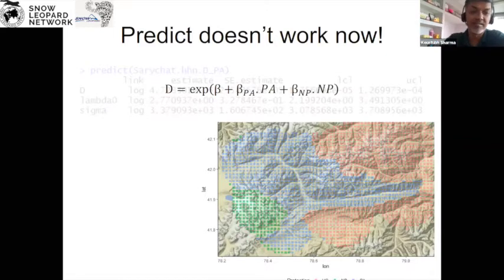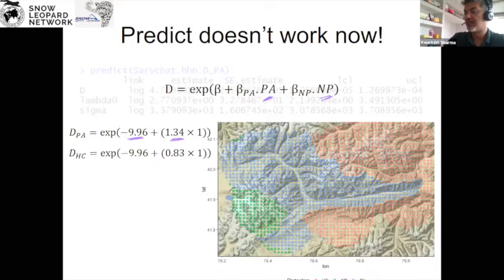Instead, to estimate density, you can use this function here, which is the function we just discussed. Now the value of P, whether it's a PA or a national park, how do you calculate this? The beta coefficient was minus 9.96 in the previous slide. The coefficient of a protected area was 1.34. I just multiply it with 1, and similarly for hunting concession, I just make